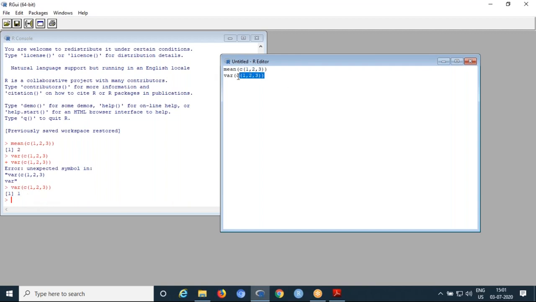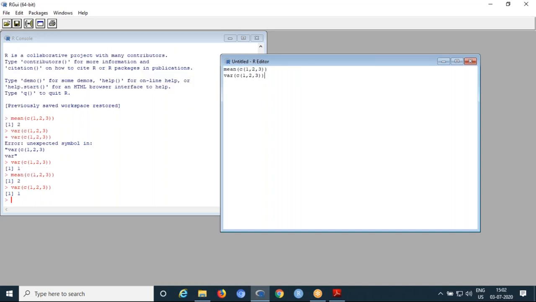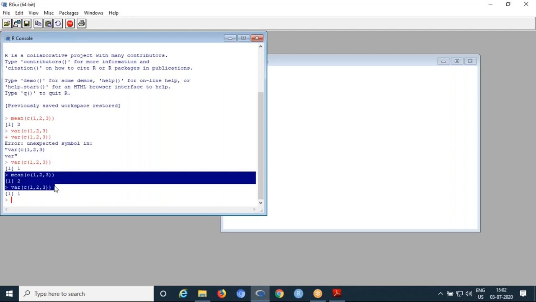Now we want to execute both commands at a time. So select both at a time, then press Control plus R. Now you can see here the latest results. Two results you can observe here. The first one is mean, the second one is variance.